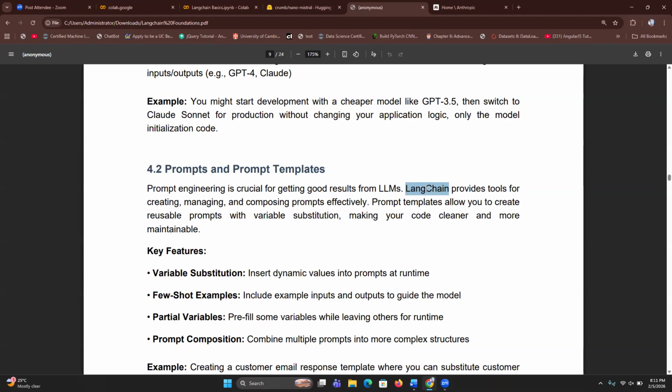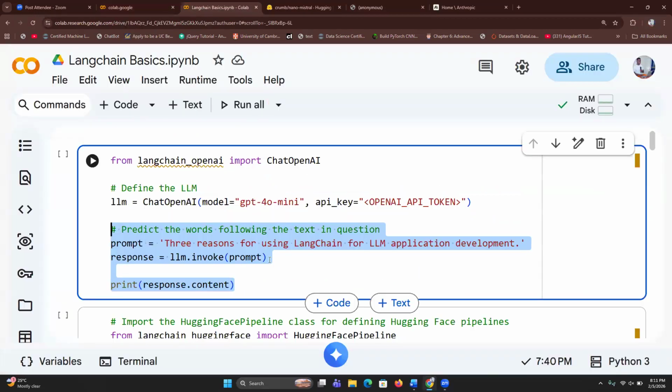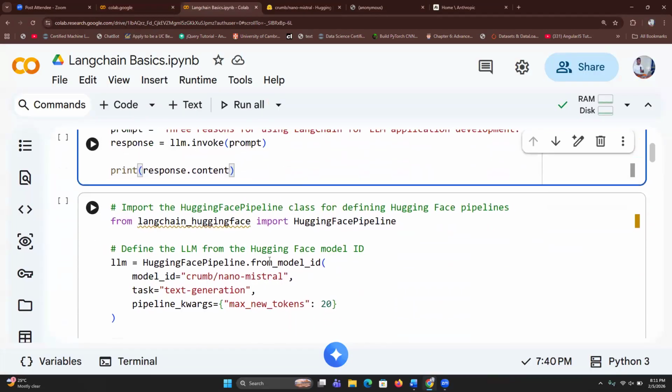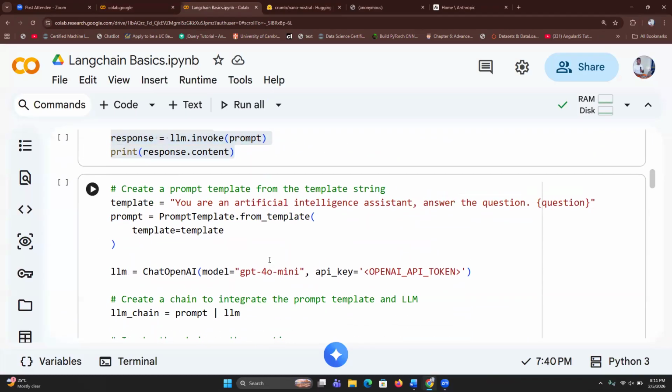And prompt templates, this one here, allows you substitution. So that is the idea, making your code much cleaner and more maintainable. So let me show you a prompt template in my code here. So I'll be sharing this one after class. So this was the code. So this is a prompt template. I hope you're seeing the